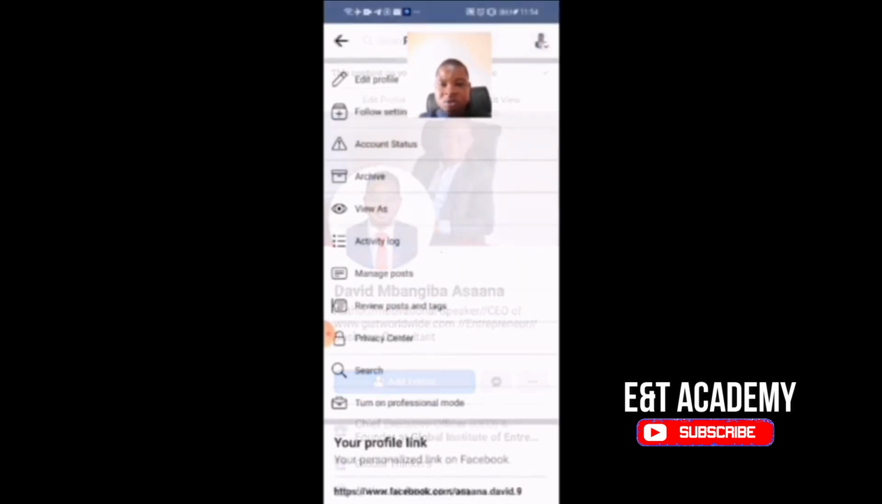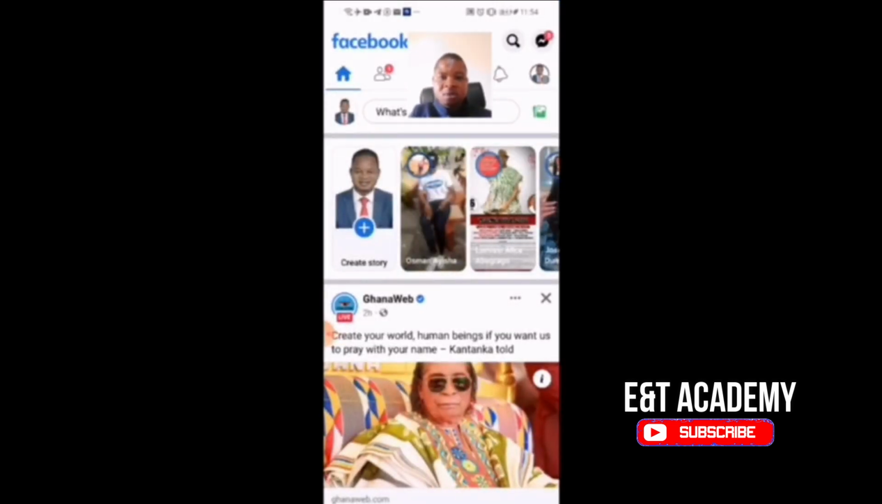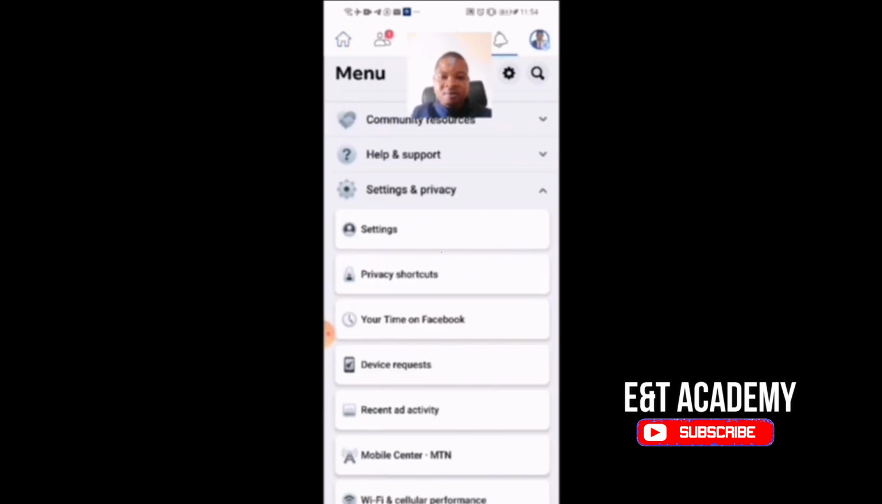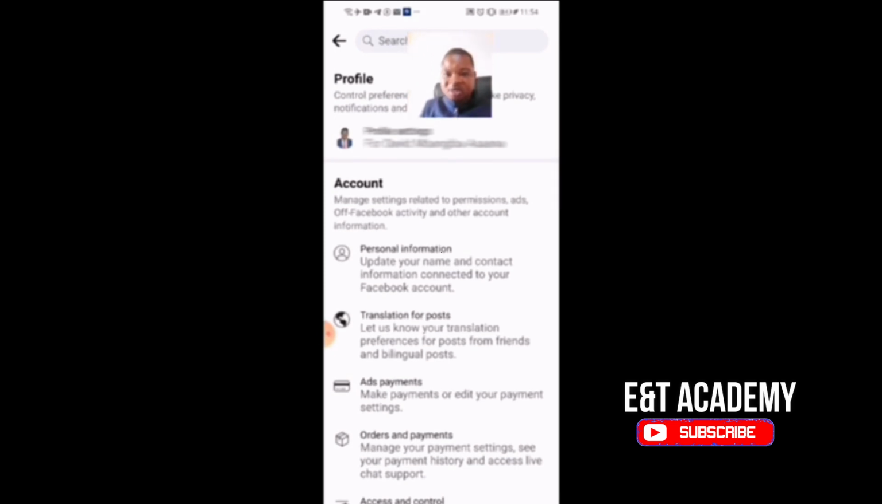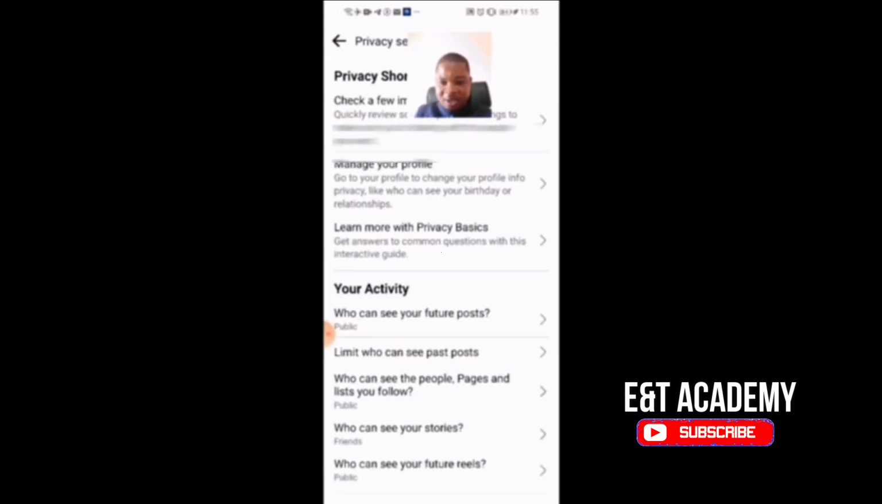Okay, so let's go back and let's go to the three lines on the right hand corner. Then we go to settings and privacy. From settings and privacy, you click on profile settings. From profile settings, you click on privacy: control who can friend, contact, and view your profile. From there, you come to